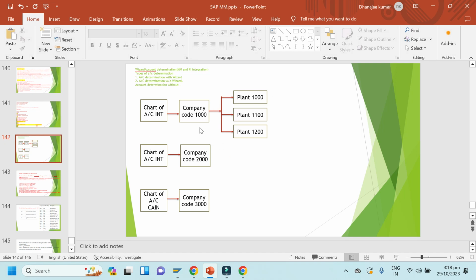So this plant belongs to this company code. Now we'll make some more plants.